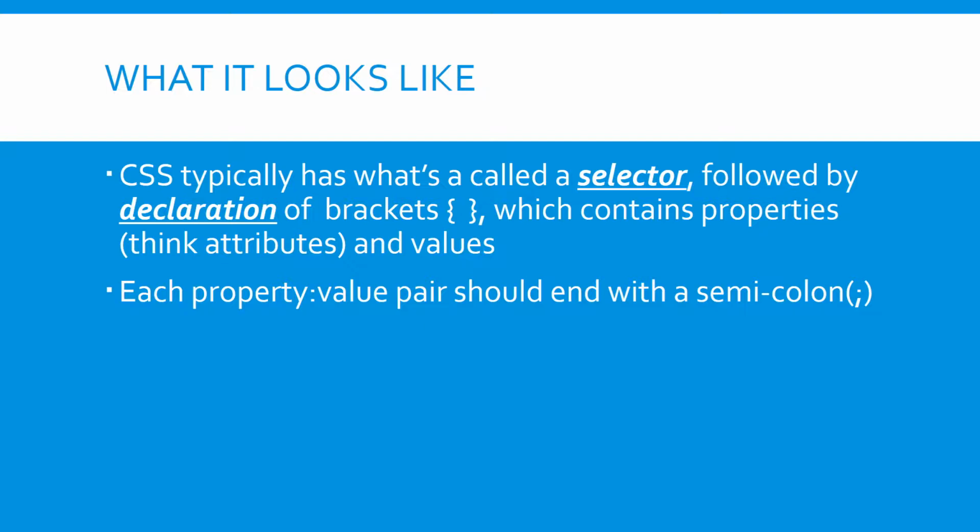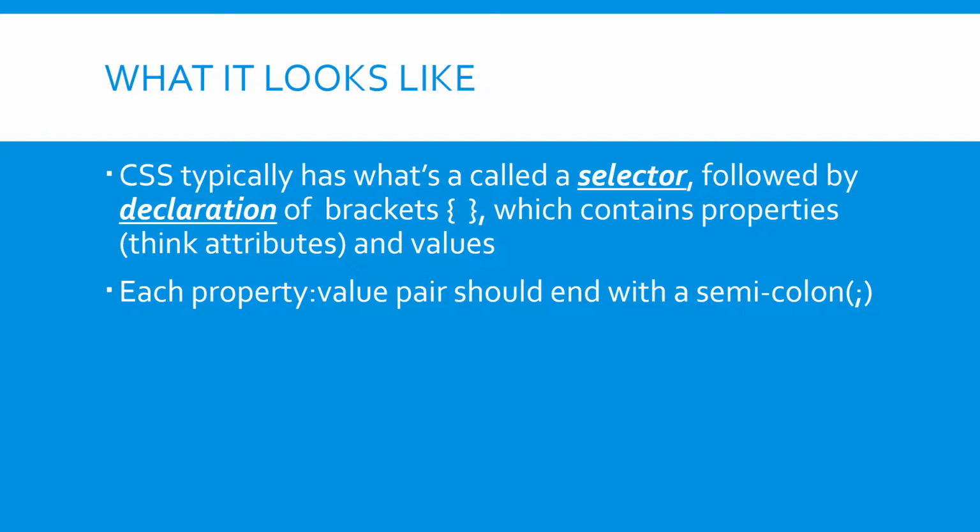We have what's called a selector, which almost always is your element. For instance, P for paragraph or H1 for header one. Could be table for tables, but could also be a class or an ID. We'll talk about that later. Could also be an asterisk, which is a wildcard, could mean anything. Could also be a couple of different elements, which could be separated by commas. So we'll cover all that, but for just a general introduction, know that you'll have a selector,